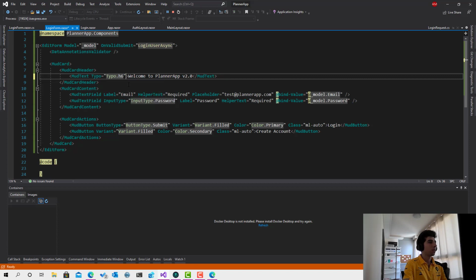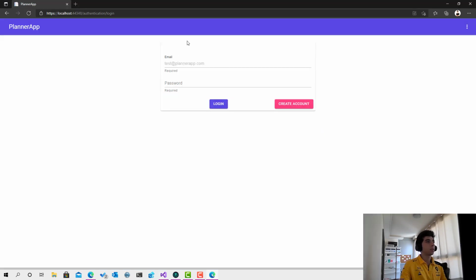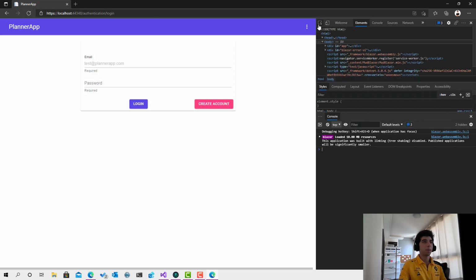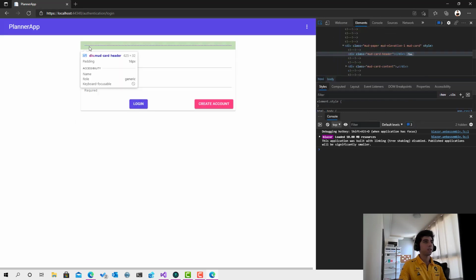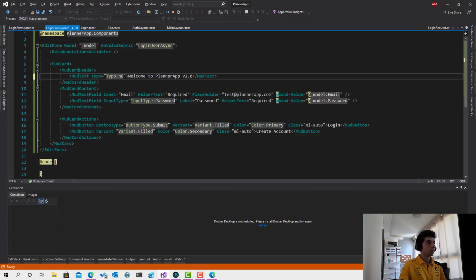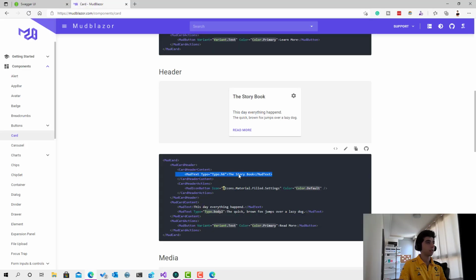welcome to PlannerApp. Interesting. If we click on inspect element, why can we not see it? Is it here somewhere? Yes, it's here, but it's empty. That's cool. If I go back,